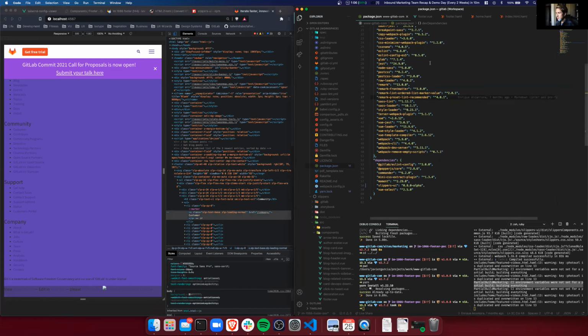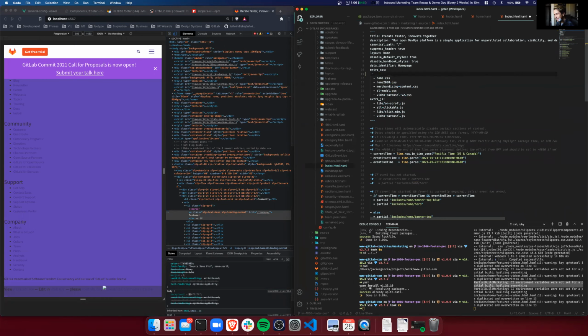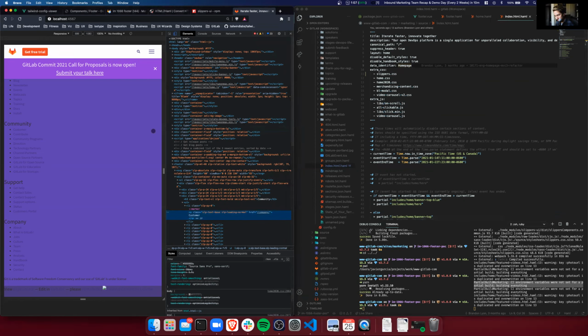Oh, you know what it is? I'm so stupid. I need to include slippers into the homepage. That would probably help. So I'm gonna include slippers in the homepage. That's a oopsie. You know, but this is a work in progress, you know. This workflow is we're working on it. All right, so I believe that should just work now or be much closer. And there might be conflicting styles, but